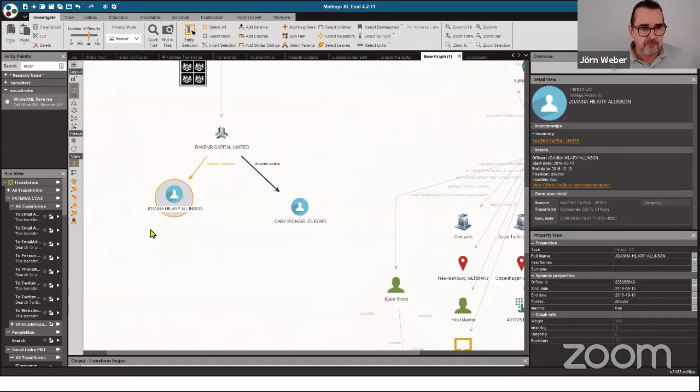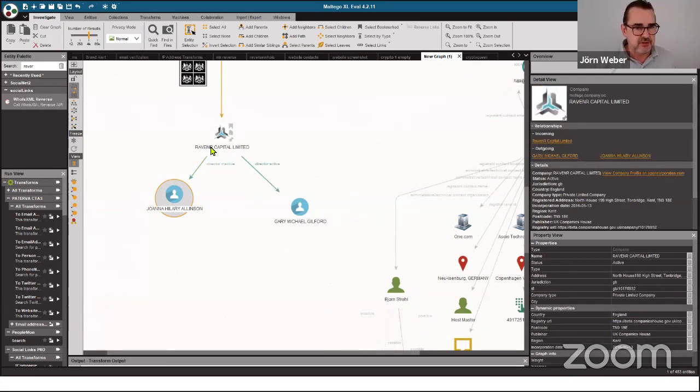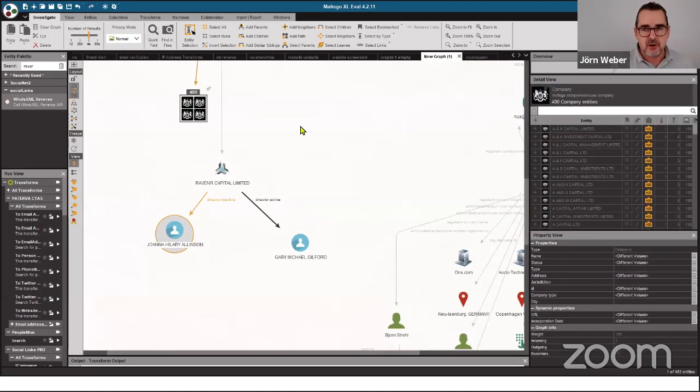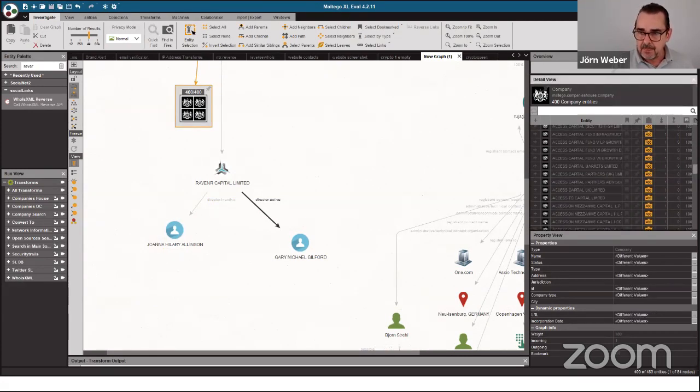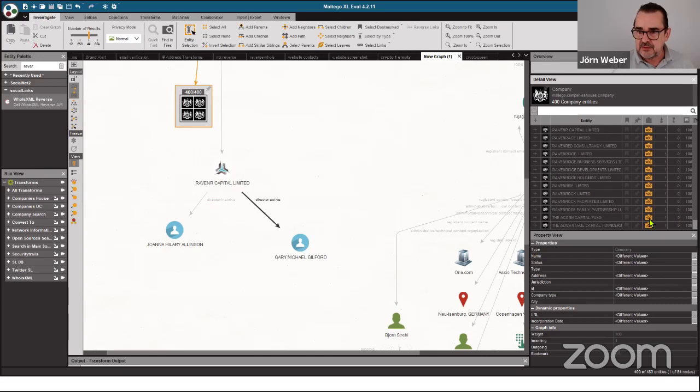So it depends on how they pull the data. And in this case, I would go to Companies House and check that out from there and see what it is. It's probably even here within our data. It's somewhere there. Yeah, so it is more like a lead than 100% valid information. But it's a new thing. Yeah, thank you, Jörn. Thank you very much.